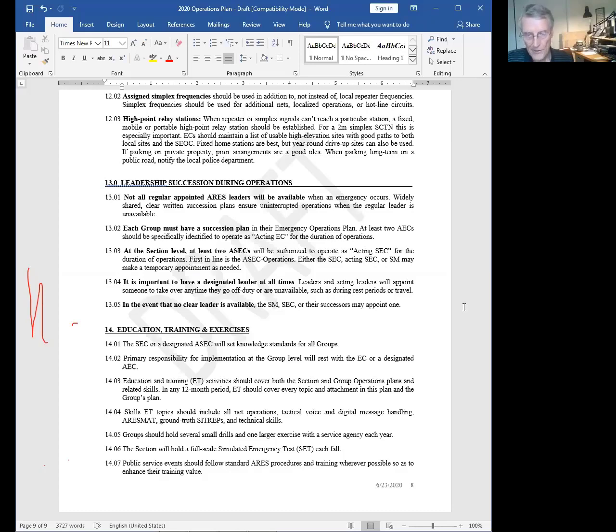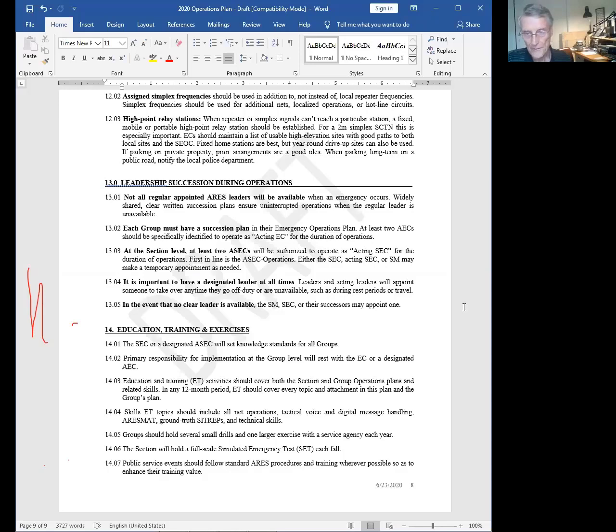So our primary served agency in the state for everybody is the state. And the primary mission is to connect the towns with the state EOC, so they have a way to request help. That's number 1. Number 2 is helping Red Cross. Everything else is tertiary, and it's going to depend on resources available. That's why we want state agencies to go to the ESF2 lead and request help, not to us. We can do pre-planning and pre-training with these agencies, but we don't go to help them until we're sent by the ESF2.